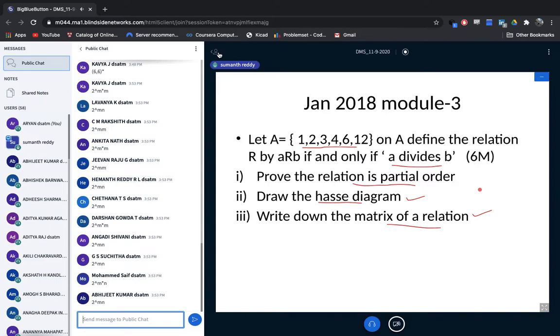Okay, students, now I just want you to list the ordered pairs. This is a binary relation defined on a set A, and the condition he has given is the first element will divide the second element. Based on this, everyone try to put the answer in the comment section. Can you just list the ordered pairs?